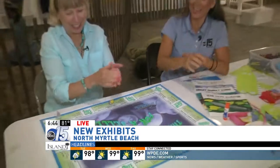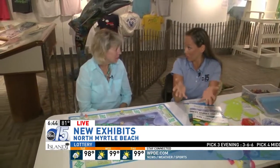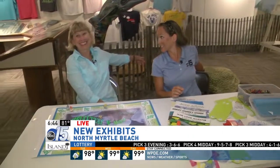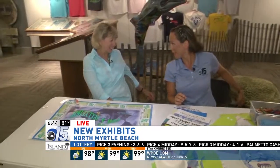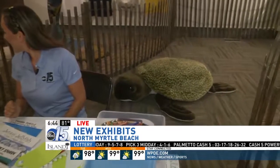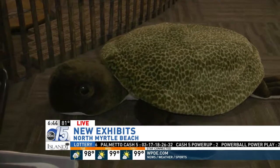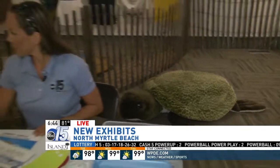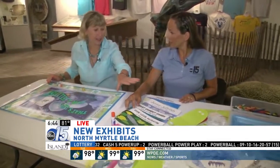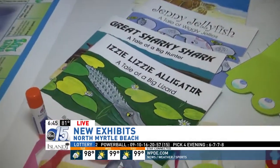Nice. So you have little games for each of the different programs that you do. And then the kids love this big old turtle right here. And they get to sit on this while you read books to them, right? Yep, absolutely. I have my little turtle corner over here. And we have 4 different books that we can read to them. These are from an author up in the Outer Banks. Her name is Suzanne Tate. She has a whole series of books about sea creatures, which is really good. Perfect for our area, because you know the sea creatures are out there,